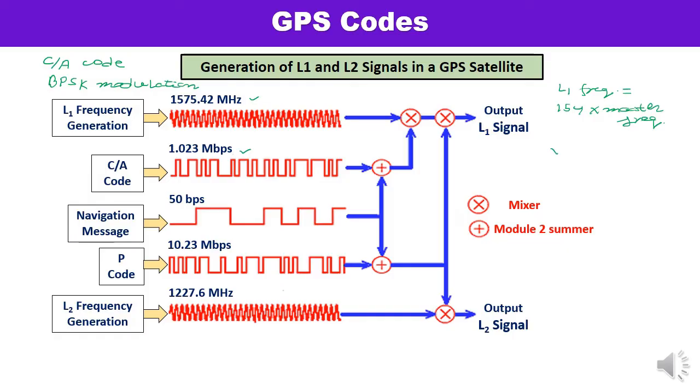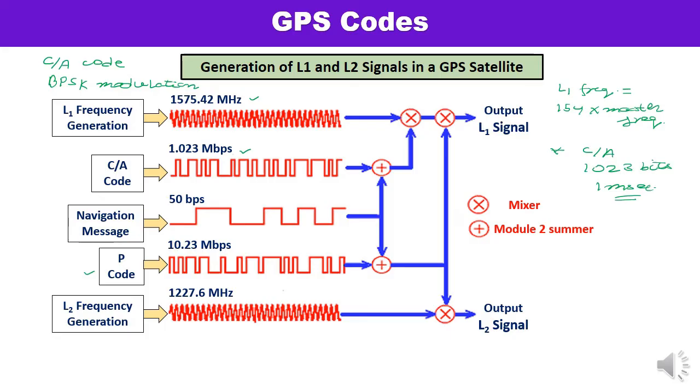So the C/A code has 1023 bits, so that the PN sequence lasts exactly 1 millisecond, right? And the exact values of frequencies are accurate to about 0.005 hertz, which can be observed and calculated also. And here the transmission of the P code, the precision code, is done using BPSK modulation at